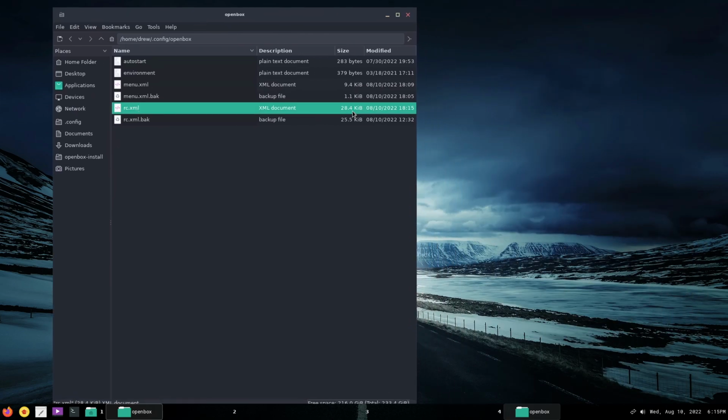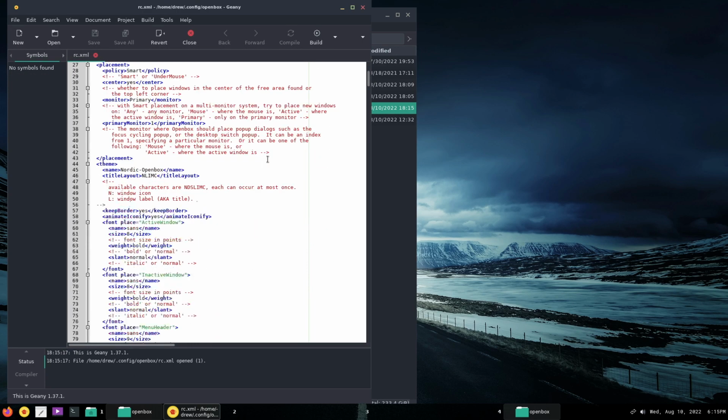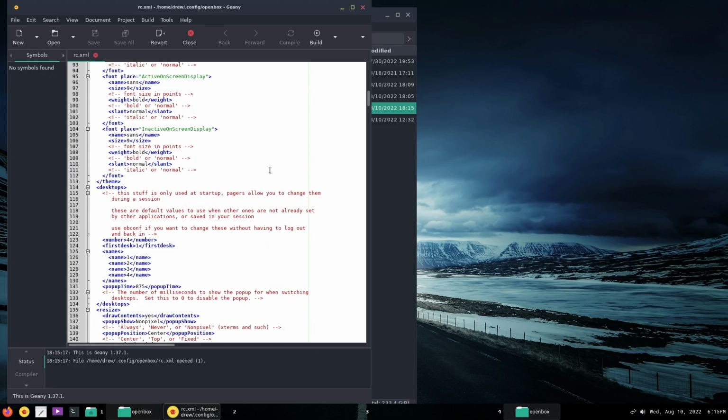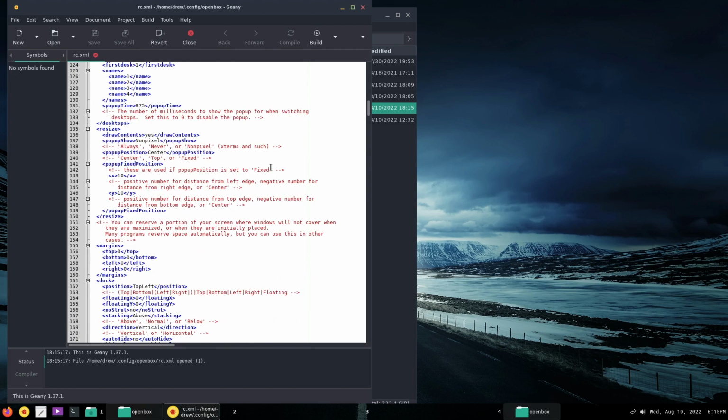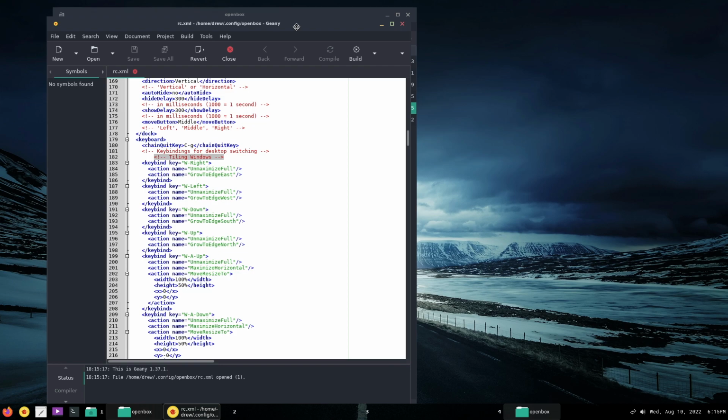rc.xml. It's slightly bigger than the one that we did have, but I want to really deep dive here and talk about all the stuff that I added. Not all of it, but what I should say is there's a whole section that wasn't there before, okay? And that is right here. There's a section on tiling windows, okay? And this section here allows you to